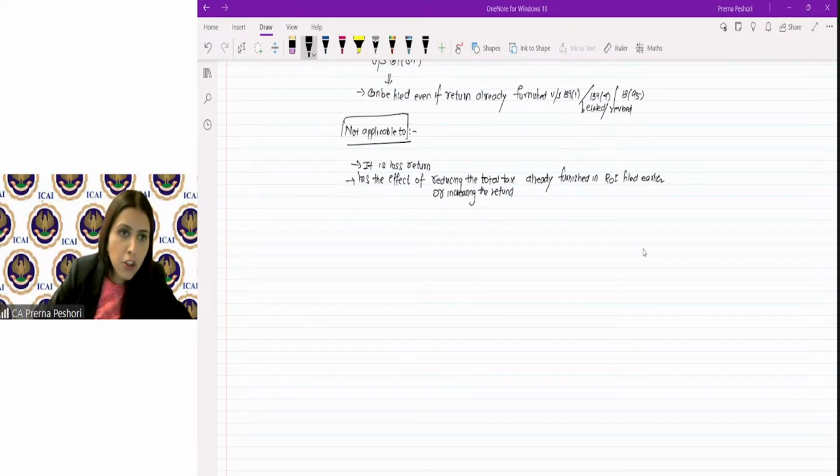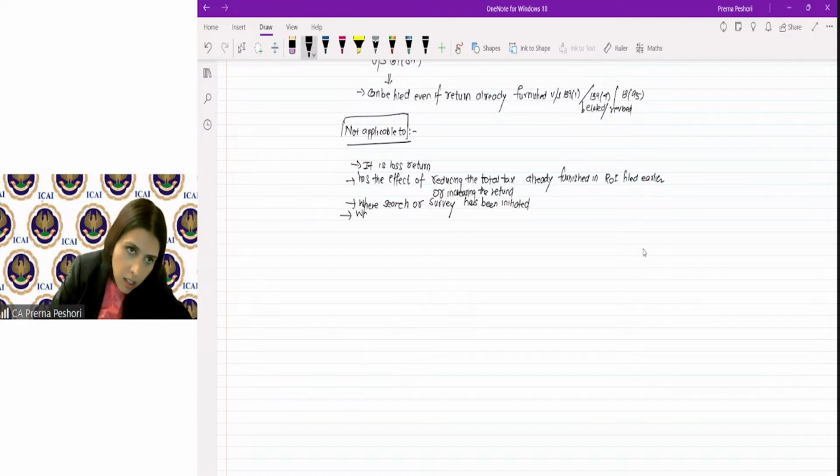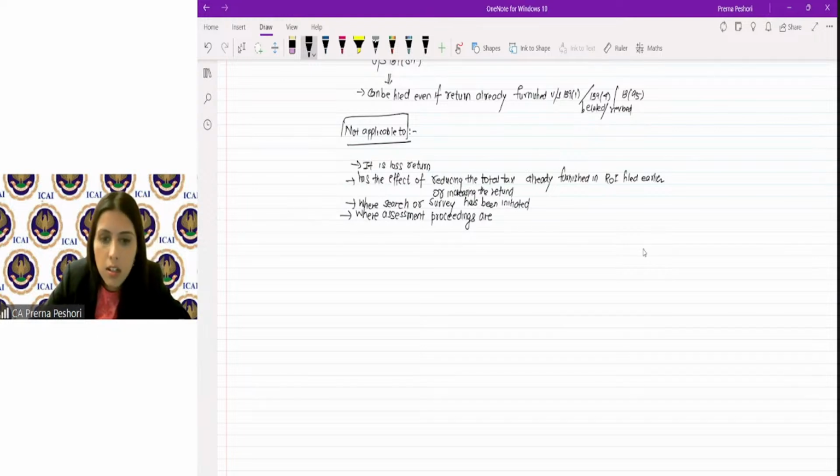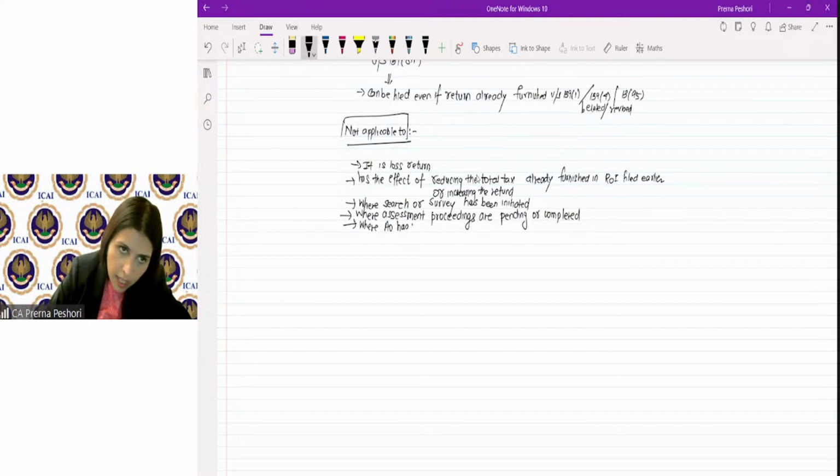Where a search or survey has been initiated, where assessment or reassessment proceedings are pending or completed, where the AO has information under